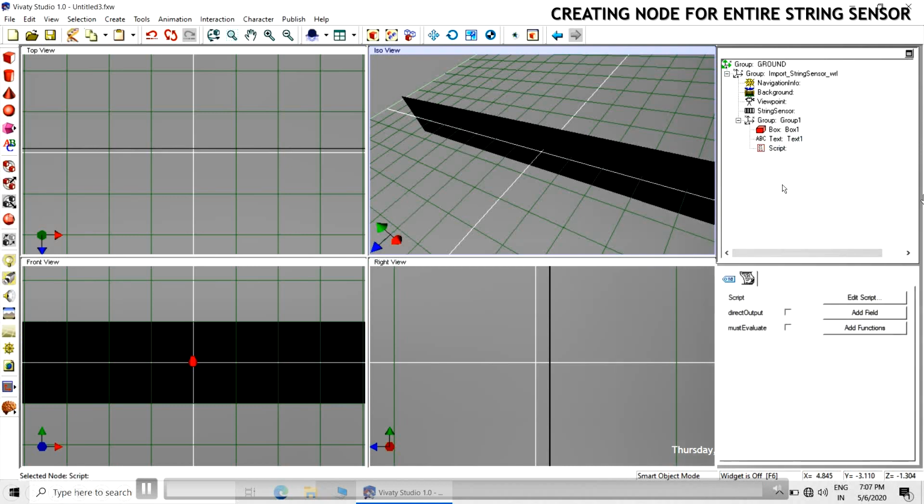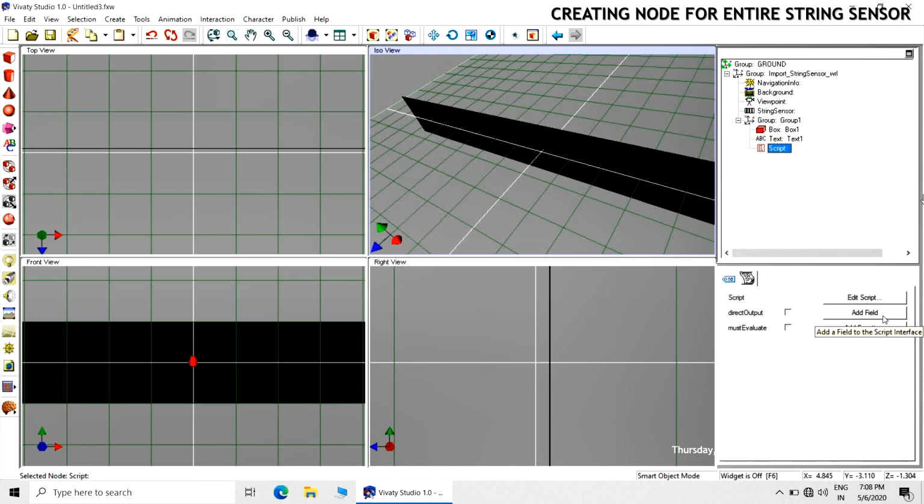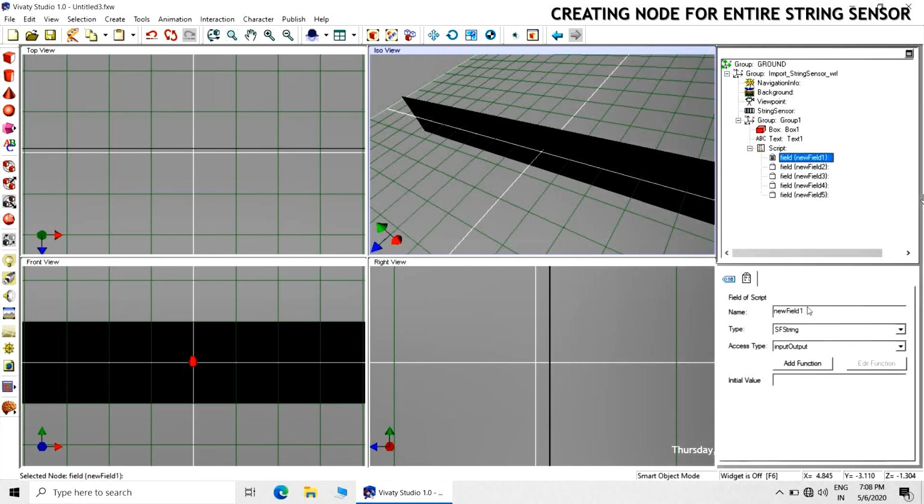Now we will be creating the script. The script will be called converter script. It is converting the text. It is feeding the text to the JavaScript, converting it, and bringing it back to the VRML environment. It brings back the converted text into the VRML environment, and for this you need internet.